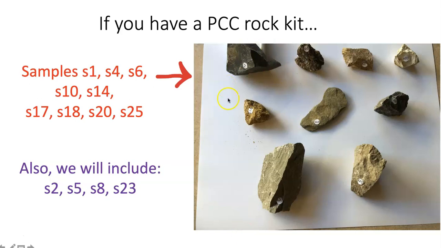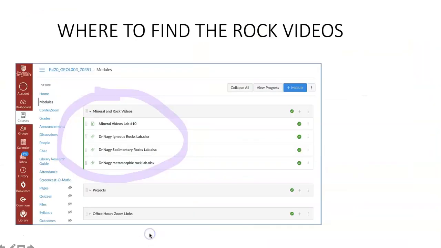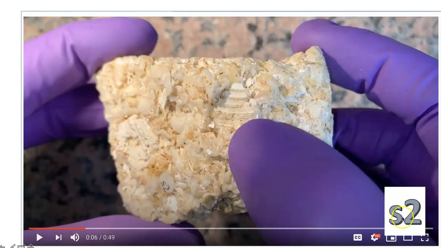If you have a PCC rock kit, then here are the sedimentary rocks. There are 3 of them that we're not going to include in lab, but we're going to include these 4, and remember we have videos for all of these. So let's do S2 together. Remember, you go to the modules, go to the mineral and rock videos, and in this case you're going to select the sedimentary rocks. Video S2 is 49 seconds long, and here you can see very clearly lots and lots